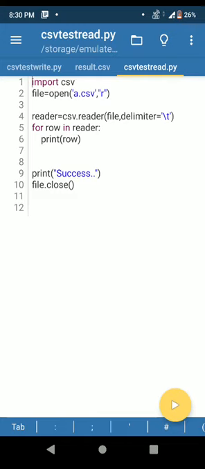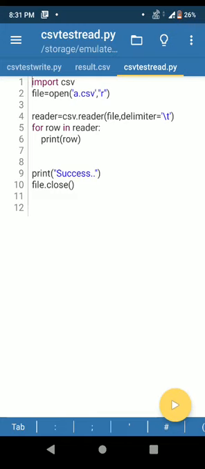Normally in CSV files, comma separated values are used. So comma is a normal delimiter for CSV file, but if your values are separated with tab, you can specify \t. If your values are separated by any other symbol, you can specify that symbol also. Then reader object, inside reader object we are iterating in a loop. For row in reader, print row.